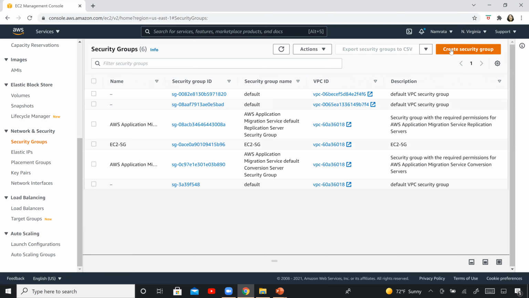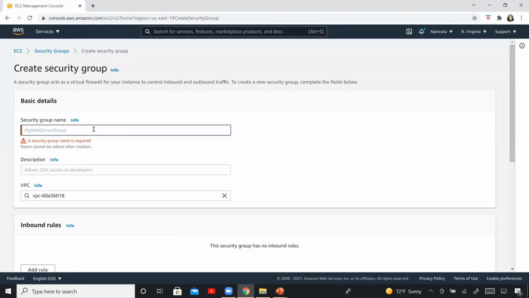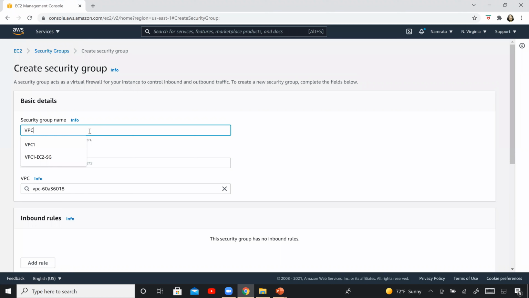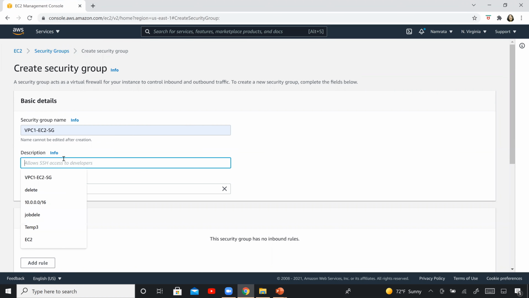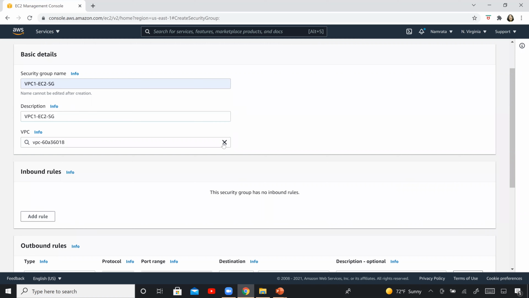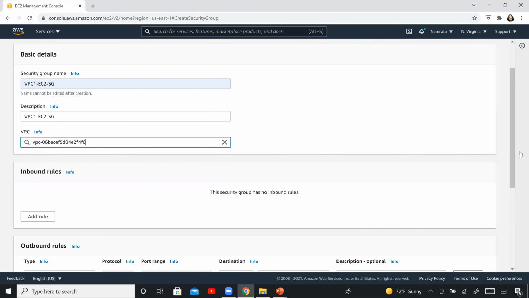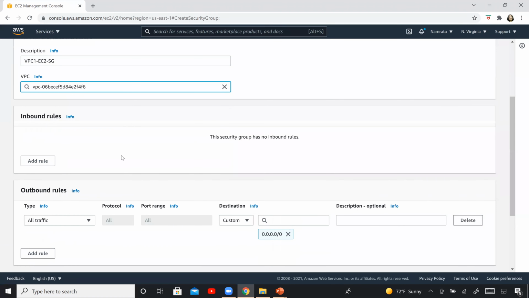So create security group, and remember the name. It's VPC1 EC2SG. Yeah, that's the name. So I'm just going to copy it. That's the same name that goes into description. This needs to be associated with VPC1, so select VPC1.